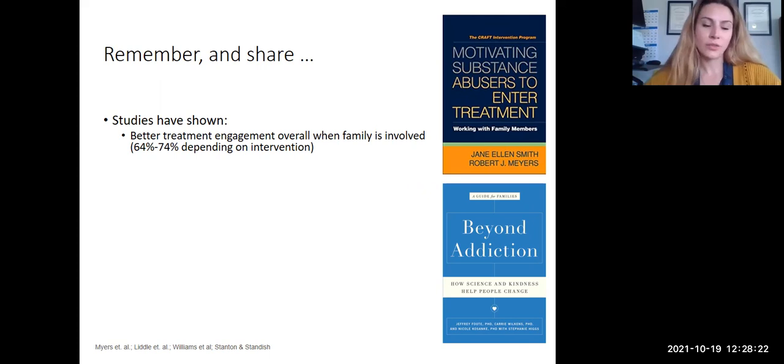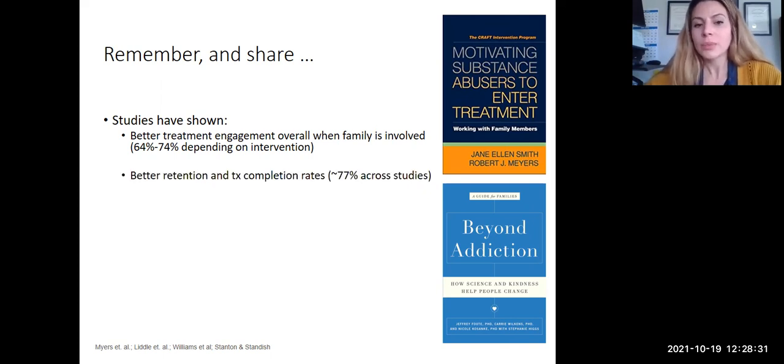And it helps family members see what they can do, what they can't do, and support them in that process. So, "How Science and Kindness Help People Change." It's a wonderful book. But studies have shown that there's, in general, much better treatment engagement when a CSO is